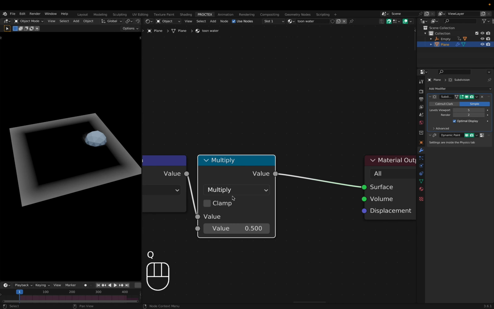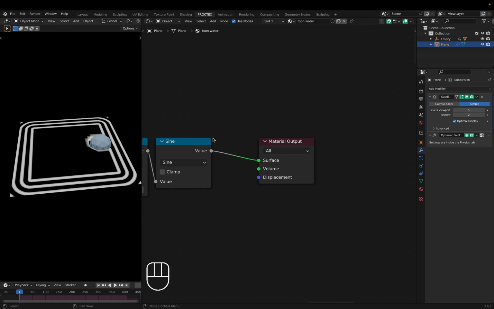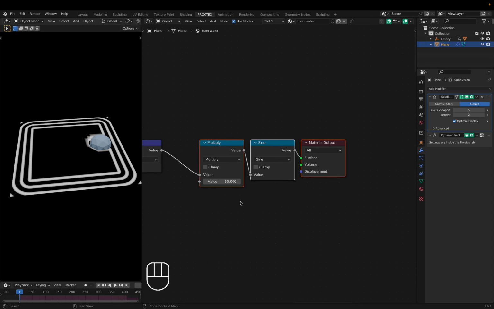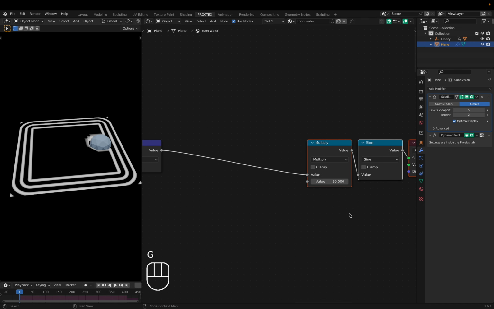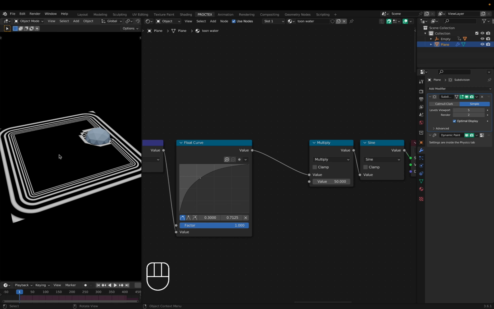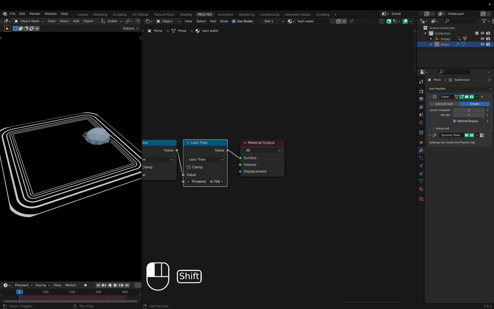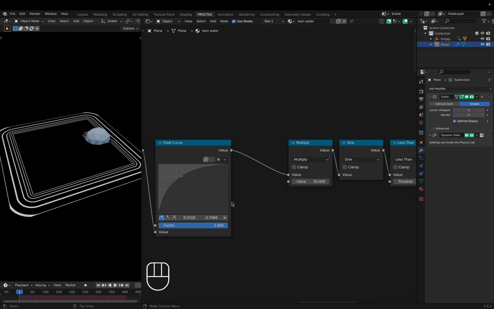We'll use a multiply operation. After multiplying, we can use sine, and this gives us a repeating pattern. Before we add any noise, we can use a float curve node right here. This adds some non-linear falloff, and you can use this to shorten the distance between waves as they near the middle. After I add a less than node to make a constant thickness, I added some noise to this original